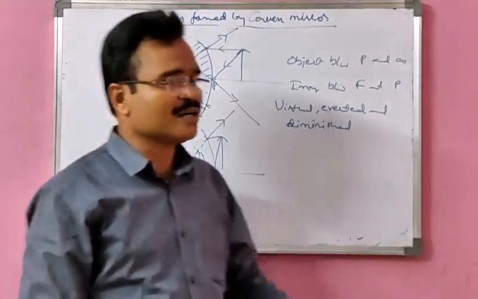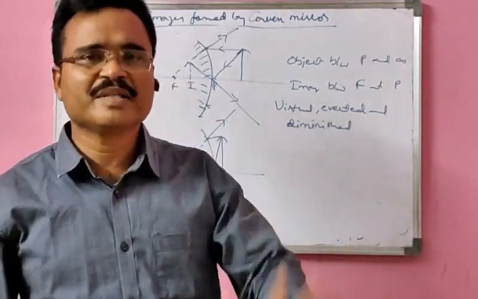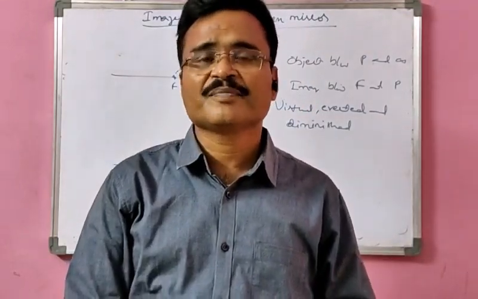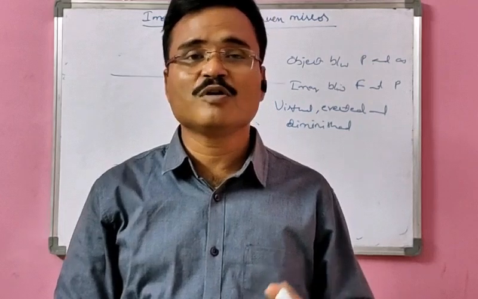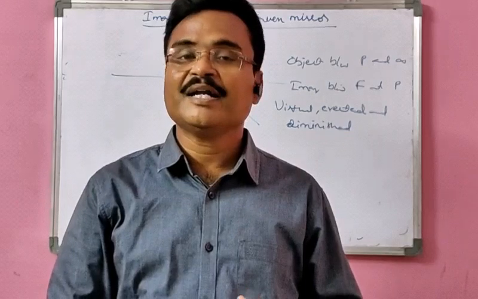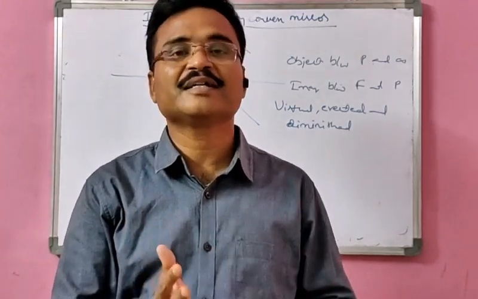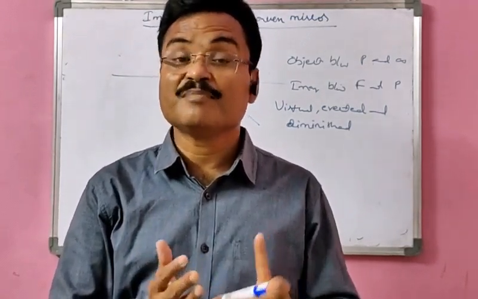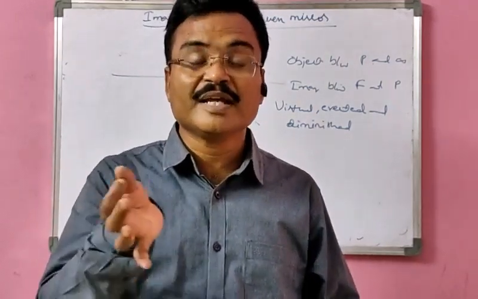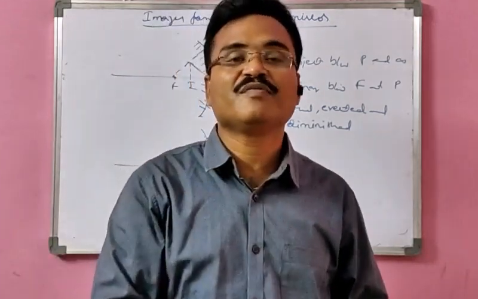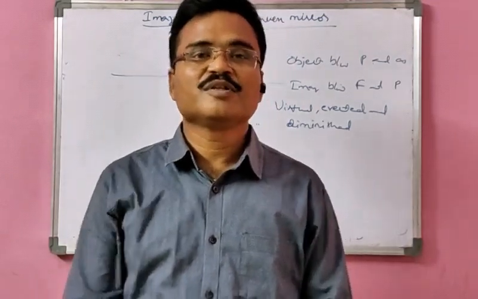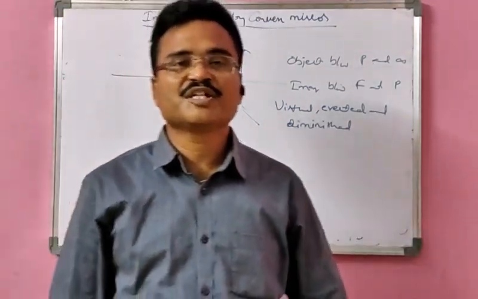So what I can say for convex mirror, wherever may be the object, the image always lies between focus and pole behind the mirror, and it is virtual, erected, and diminished. So if the object is at infinity, image will be at the focus. If the object lies between infinity and pole, the image will be formed between focus and pole, which is like this here. Okay, so this makes the completion of this reflection part on